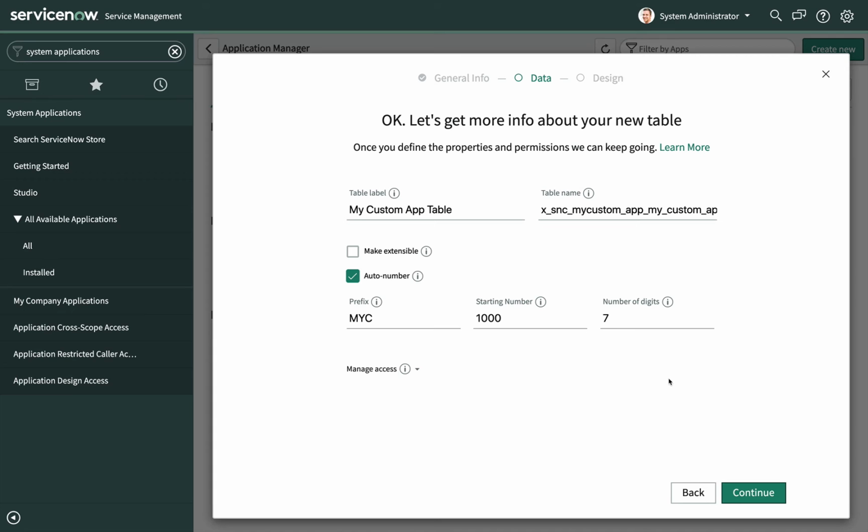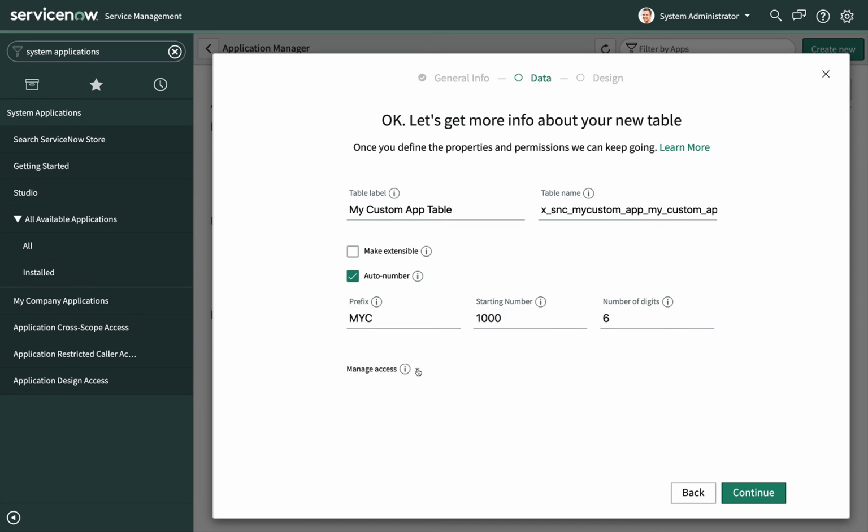Leading zeros are added if needed to achieve the required number of digits. So setting this number of digits value to 6 in this example, the starting number field here contains a 4-digit number, but the number of digits is 6. So 2 leading zeros would be added to the 1000, and the initial record in the table would be MYC